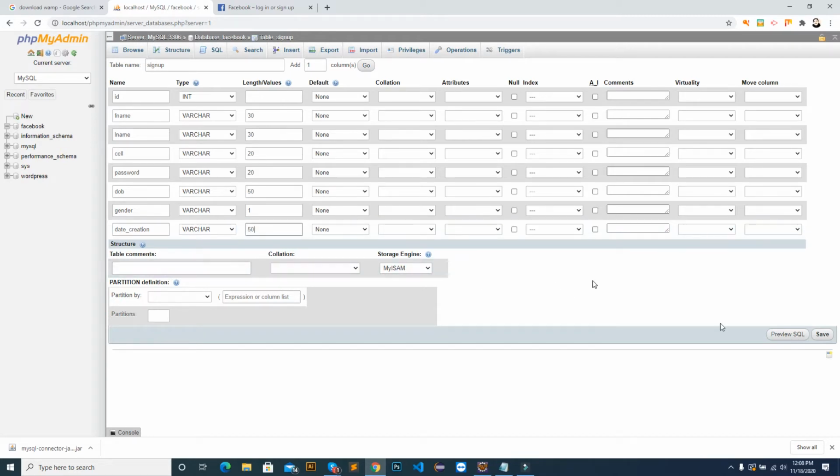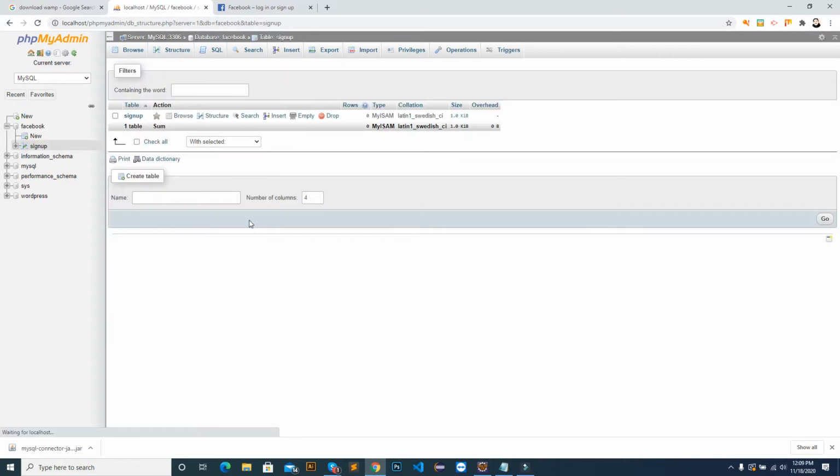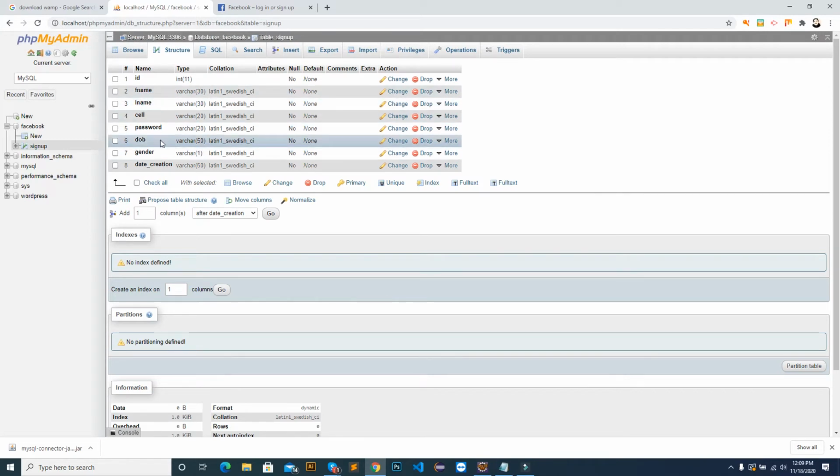Right. Now press this save button. Press this save button, and the database is created. These are the column names. For example, like on the register you have created column names. Now you enter the actual data. Okay. Below ID you will create ID. ID is 1, F name is Ali, last name is something, cell number is 111, password is ABC, date of birth is something, gender, and date of creation, and this is the first record. Again, second record. For example, Akram, last name is this, and you enter the records under these column names, right?